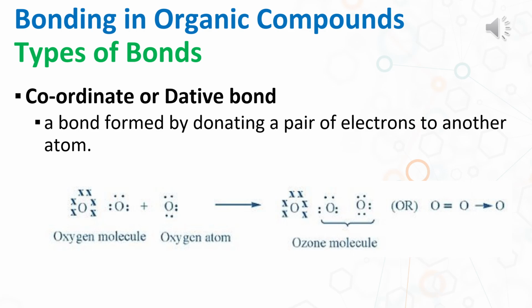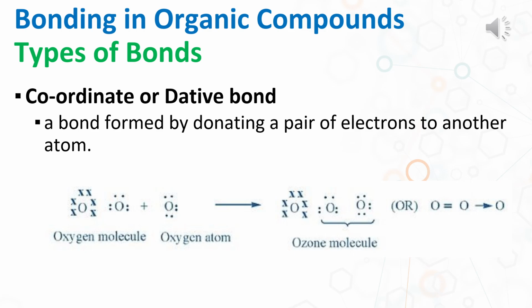Hello, good day. So for today's discussion, we will have the continuation of Module 1, the Introduction to Organic Chemistry. We're already on the types of bonds, wherein the last one is the coordinate or the dative bond. In Orchem, atoms are held together by different types of bonds, and the three types of bonds were already discussed last week during our face-to-face discussion. So this last type of bond that we have is the coordinate or dative.